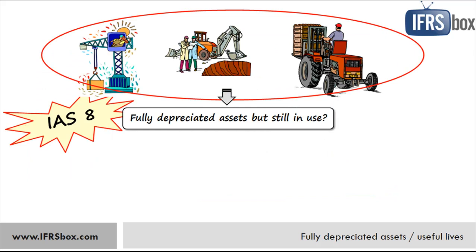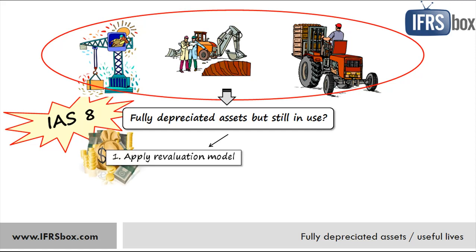So, why are your assets fully depreciated if you still use them? Well, the problem is that their useful lives are incorrectly estimated, and in fact, there are 2 possible choices that you can follow, and let me first brief you a bit about them. The first option is that you can apply the revaluation model to your assets instead of the cost model and revalue these assets to their fair value regularly. In this case, you would deal with a change in accounting policy in line with IAS 8. I am not in favor of this option, and I'll tell you why in a minute.